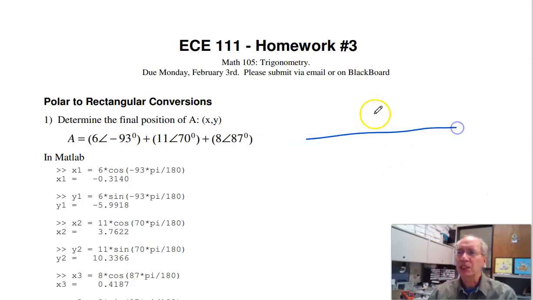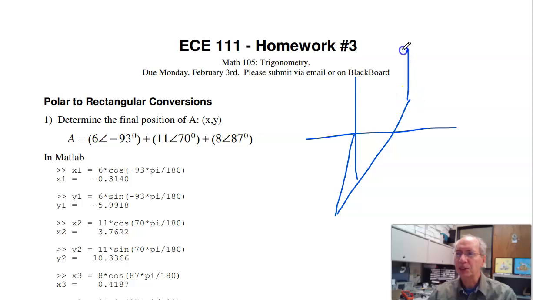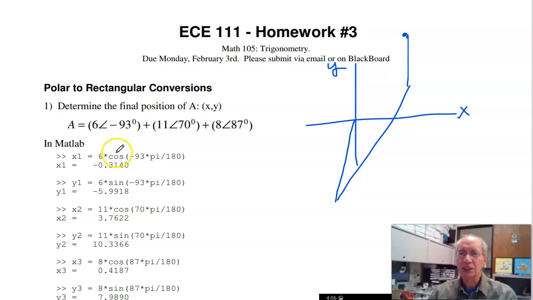So if I take three vectors, A is 6 at minus 93 degrees, plus 11 at 70 degrees, plus 8 at 87 degrees, where do I wind up? Well, one way to do that is to find the x and y component of each vector. So x is the amplitude times cosine of the angle, y is the amplitude times sine of the angle. And in Matlab, the default is radians, natural units, so I have to convert degrees to radians, which is times